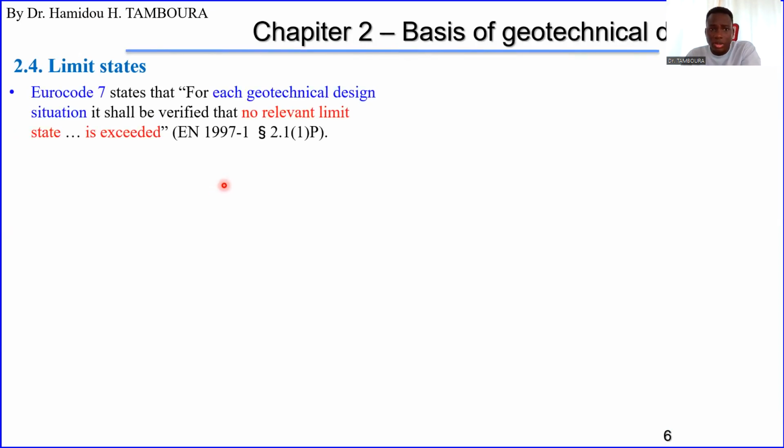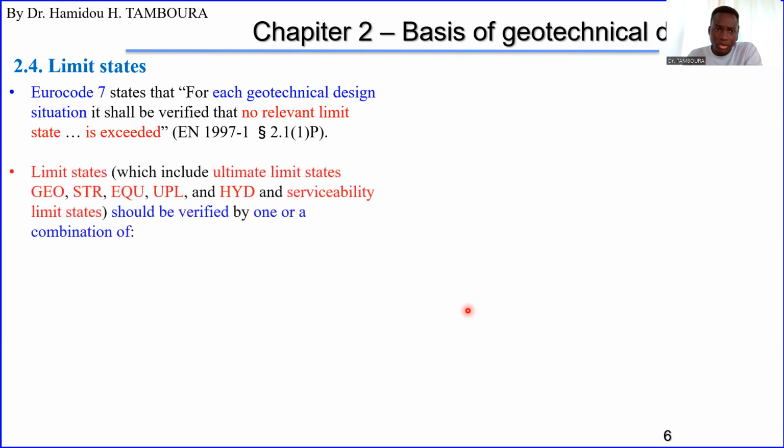So as we know, Eurocode stated that for each geotechnical design situation, one should verify that no relevant limit state is exceeded. So there are some limits that we should consider, and you should not go over the limit. That is the meaning. So in Eurocode 7, the limits we have, of course, are the ultimate limit state and